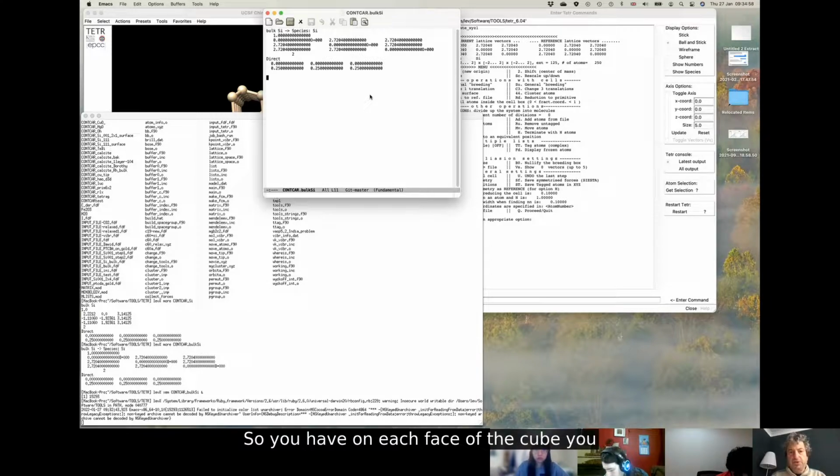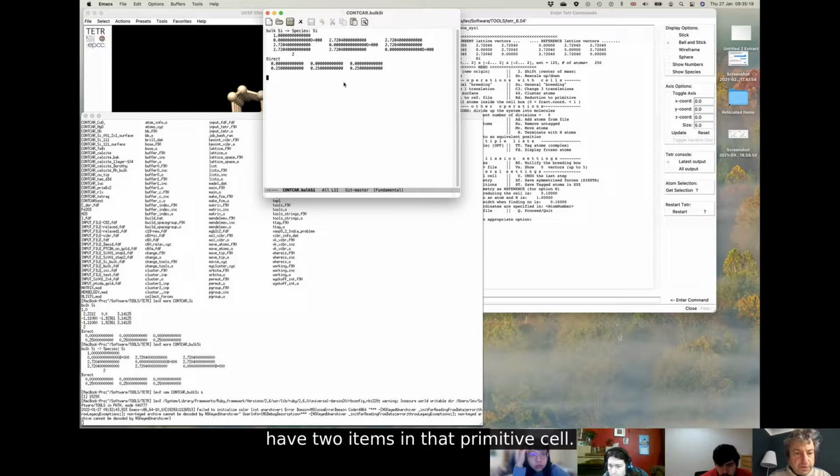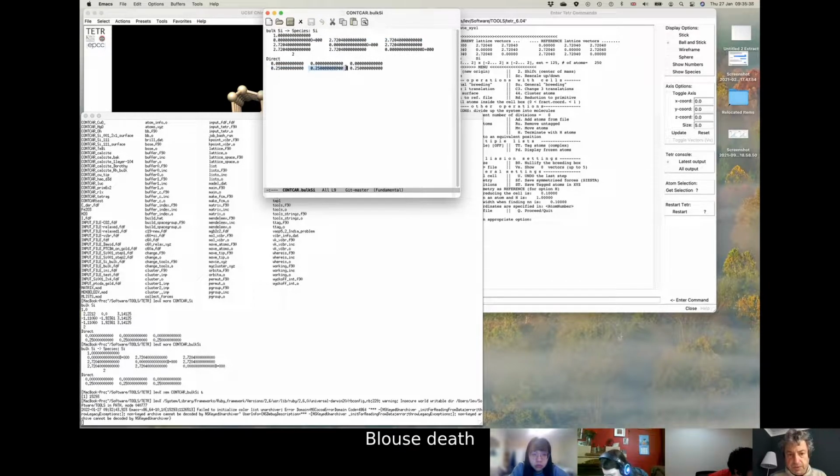So on each face of the cube, you have 5 atoms, 4 at the corners and 1 in the center. So this would require us to expand the cell. But at the moment, this is the primitive cell, and you have 2 atoms in that primitive cell. So you see, you have the atom at the center of the coordinate system, and an atom with fractional coordinates 1/4, 1/4, 1/4. Fractional coordinates means that I should take this first coefficient, multiply by the first lattice vector, plus that